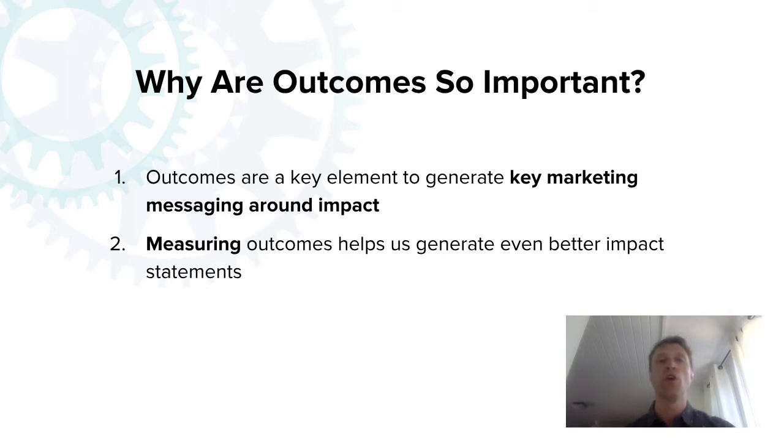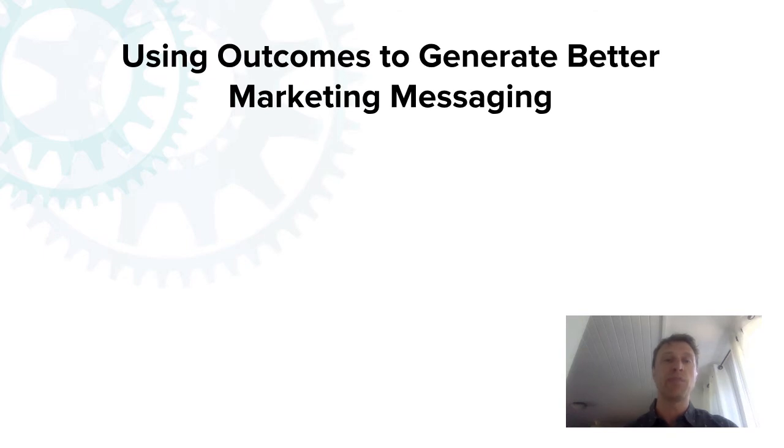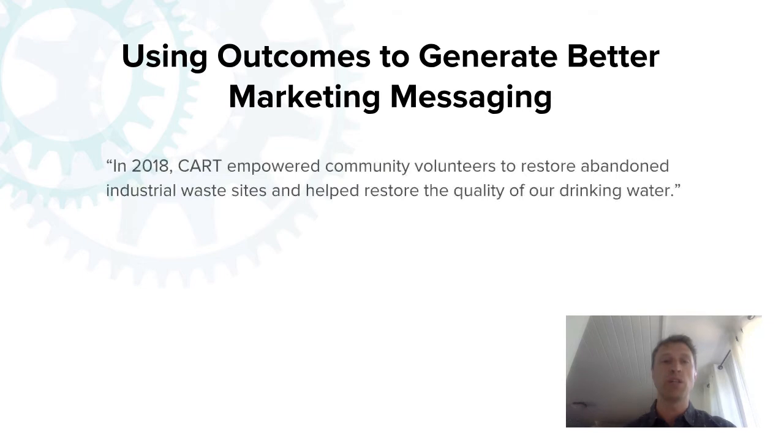So I just want to walk you through two examples of why outcomes and measuring outcomes actually generates better impact statements. So let's take a look at a few impact statements or marketing messages that we generated. The first one doesn't really include any sort of measurement in it. In 2018, CART empowered community volunteers to restore abandoned industrial waste sites and help restore the quality of drinking water. All right, that's pretty good. Doesn't really tell you too much, and quite frankly, it could represent an organization that's just starting or an organization